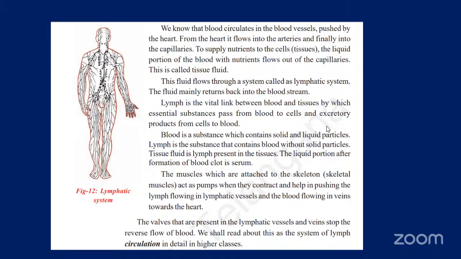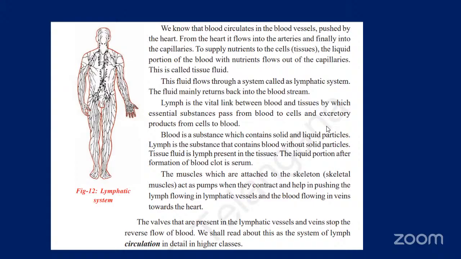So this fluid flows through a system called a lymphatic system. So the fluid mainly returns back into the bloodstream. Bloodstream కి మళ్ళీ కలిసిపోతుంది. So lymph is the vital link between blood and tissues by which essential substances pass from blood to cells and excretory products from the cells to blood. So అలా అవి పాస్ అవుతూ ఉంటాయి అన్నమాట. లింఫ్ అనేది హెల్ప్ఫుల్ అవుతుంది